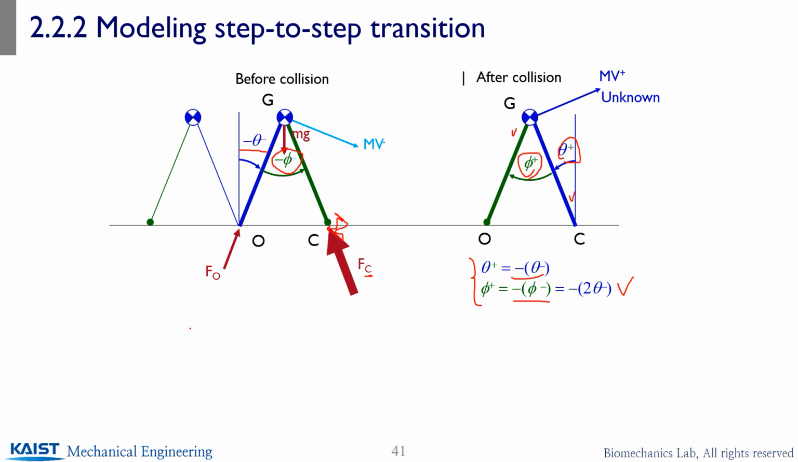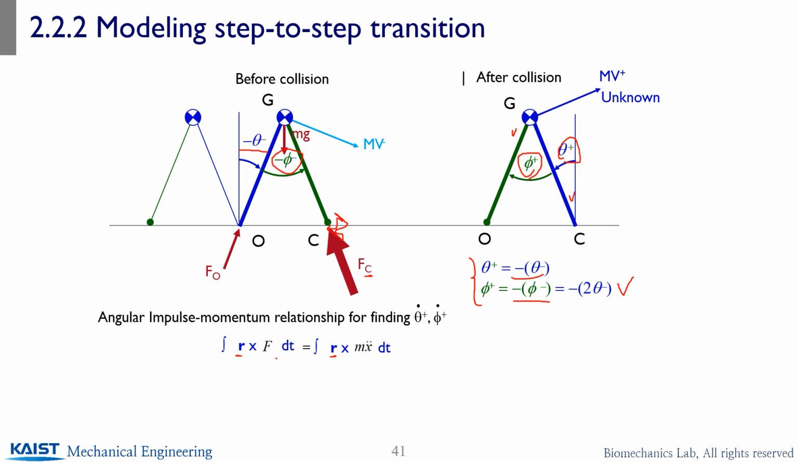How about the angular velocity? Remember, for the rimless wheel, we applied angular momentum conservation to find omega plus. So we are going to apply similar steps. You have Newton's equation of motion, F equals ma, and you take a moment arm cross product on both sides and integrate over time. That's angular impulse, and if you solve that, you have the moment of linear momentum, r cross mv,